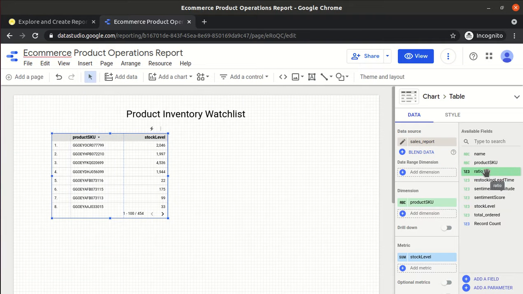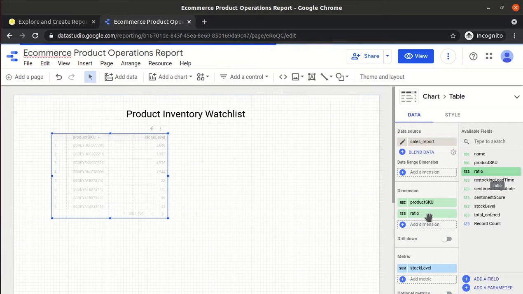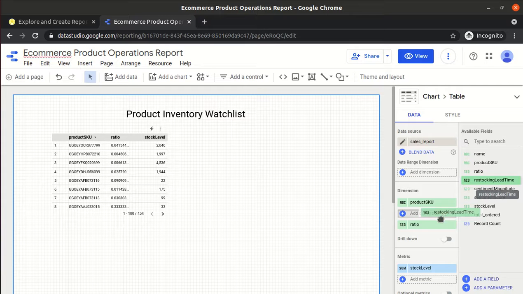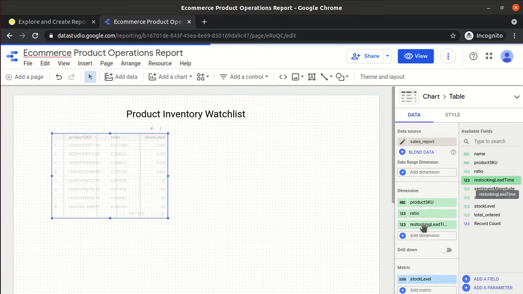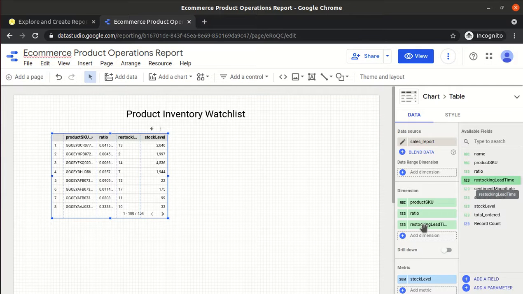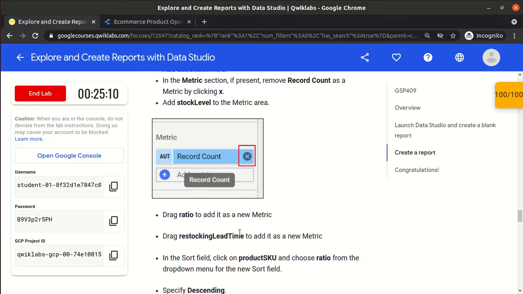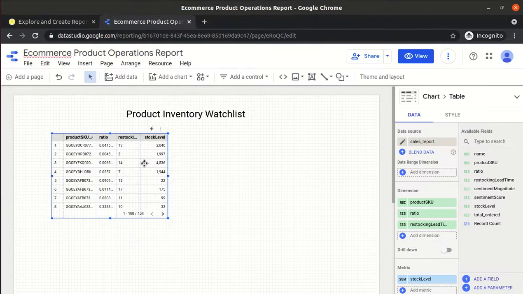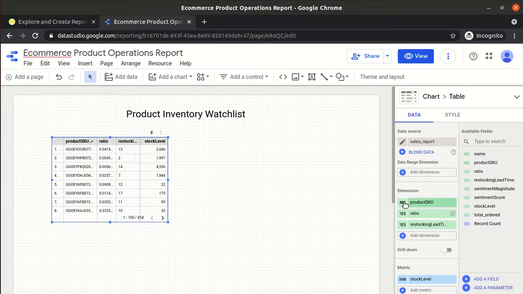Drag the ratio, drag the restocking lead time. One minute, I generally face issues.